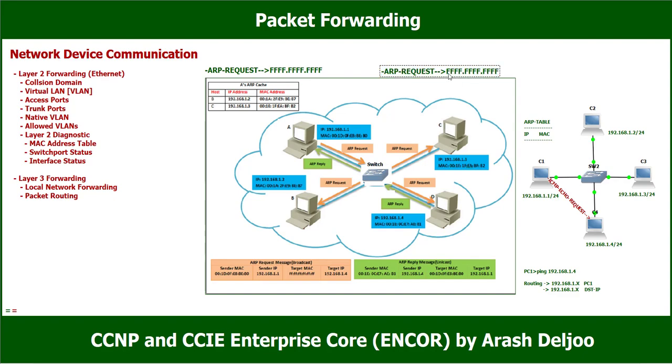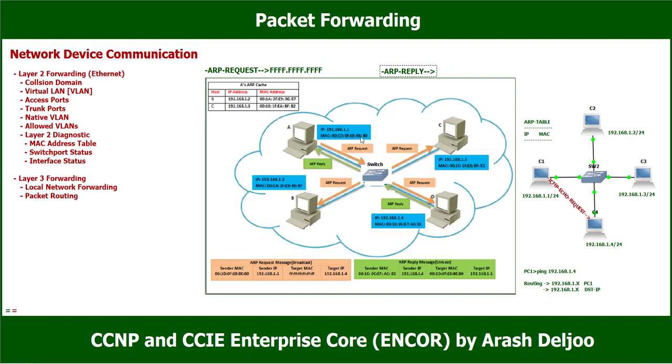An ARP reply is a unicast packet and includes the MAC address of the receiver. Look at here, I want to review the ARP process. It is only a review because you have learned about the ARP process in the CCNA class. In this scenario, as you can see, computer 1 with the IP address 192.168.1.1 and this